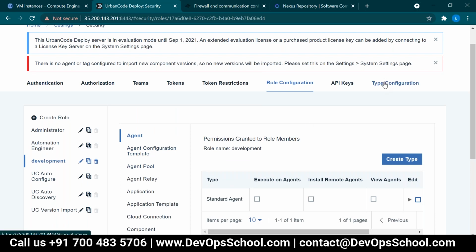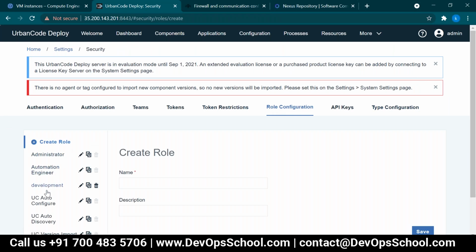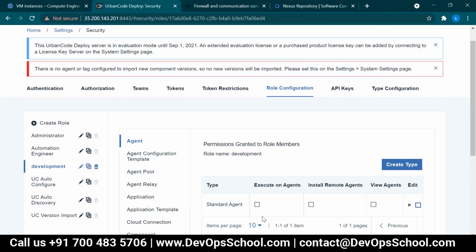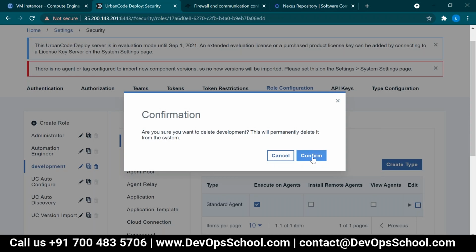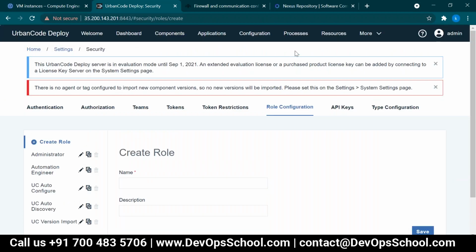What type configurations are available? All these, right? All these types of configuration. Will you give permission to the agent for development? Yes, like that you can go ahead and do. So this is completely an IAM requirement. How your IAM will be designed, you have to design like this in this UCD security.